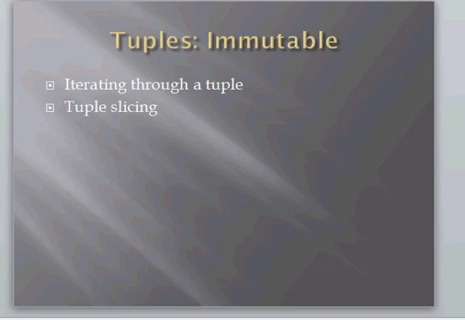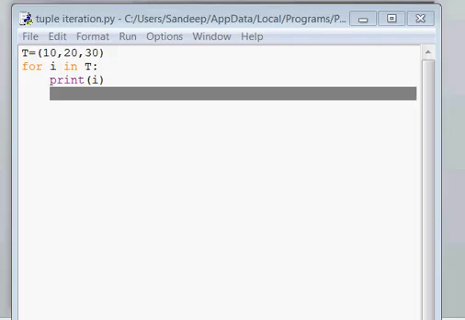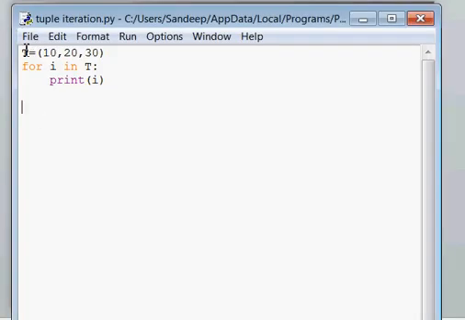So our next thing is iterating through a tuple. Iterating means accessing all the elements of a tuple, or you can say traversing over a tuple. This can be done with the help of any loop over a tuple. For this, I have created a little code here. I have taken a tuple t and used a for loop over t, and doing the printing of i. As you know, for loop is an intelligent loop. It automatically takes the next value from the given sequence.